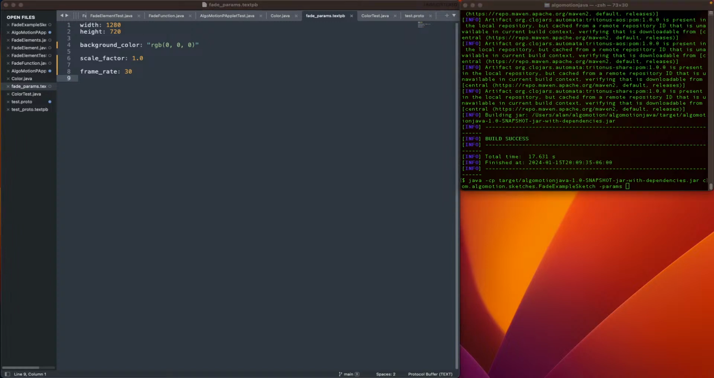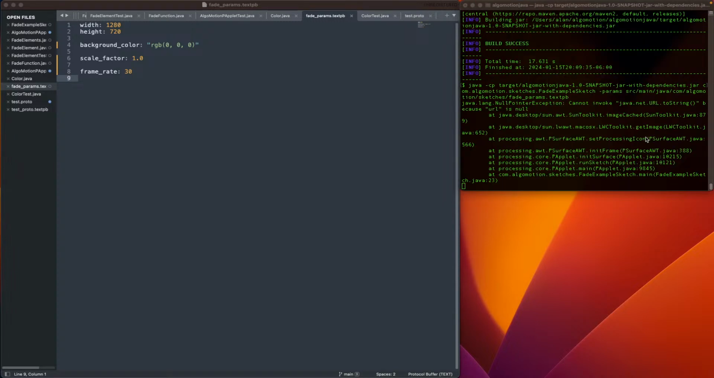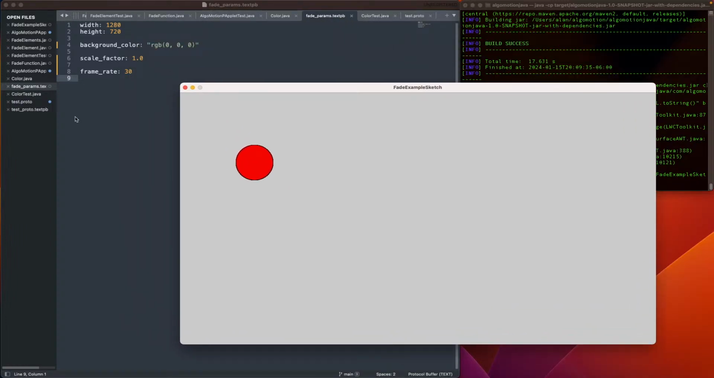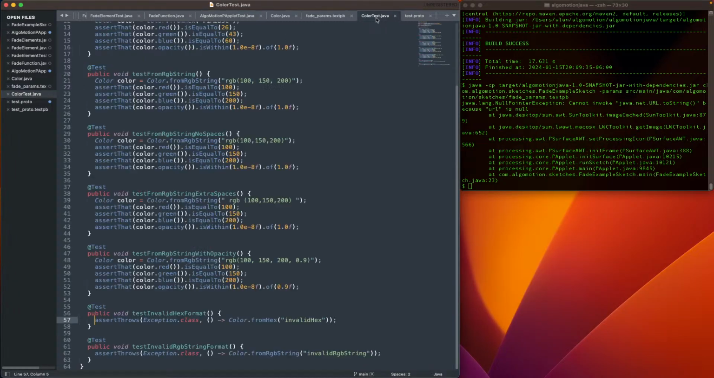Let's see here. Ah. Okay. So it's in source, main, Java, algo motion, sketches, fade params. Wow. There it is. Okay. So